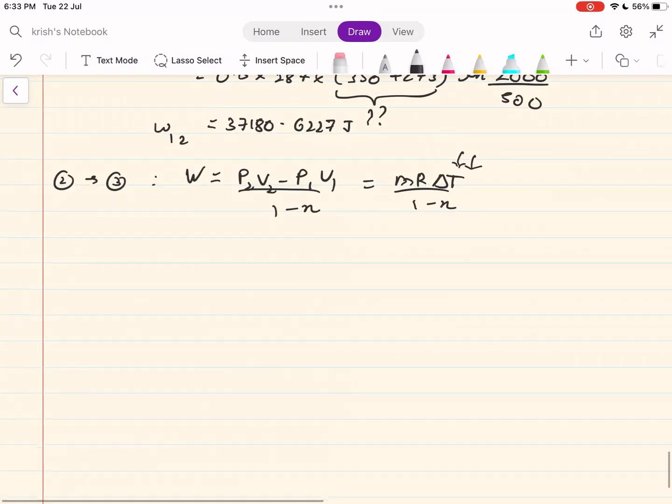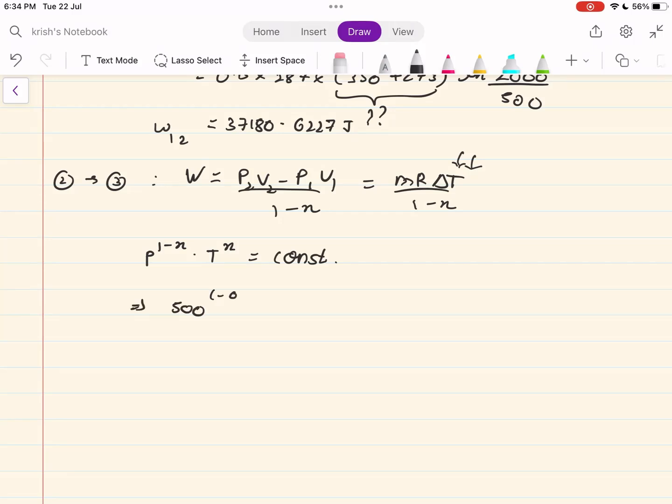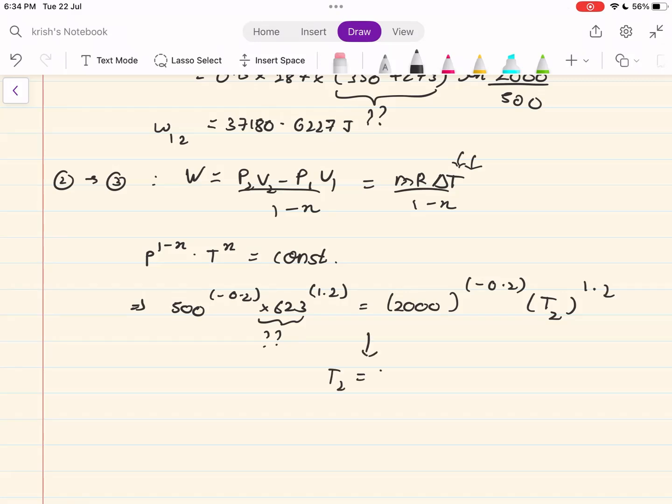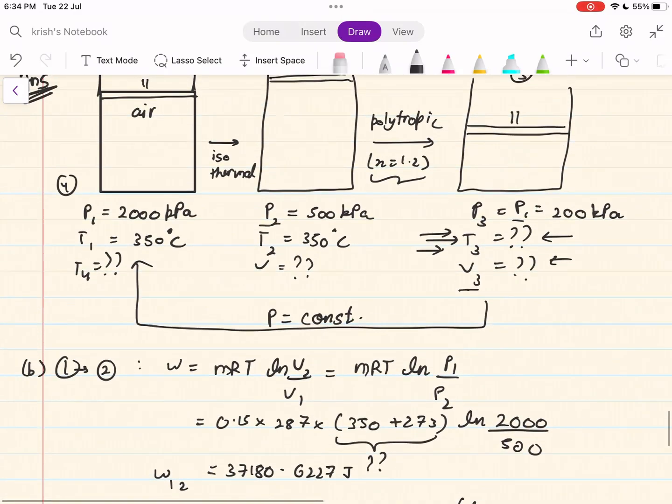So for polytropic, we know that P to the power 1 minus x into T to the power x is constant, which implies 500 to the power minus 0.2 into 623. Why is this 623? I want you to answer yourself. Into 1.2 equals 2000 to the power minus 0.2 into T2 to the power 1.2. Upon solving this for T2, you will get T2 to be 784.93 Kelvin. Now, substitute all of the values here and get the answer. After you have done the same,